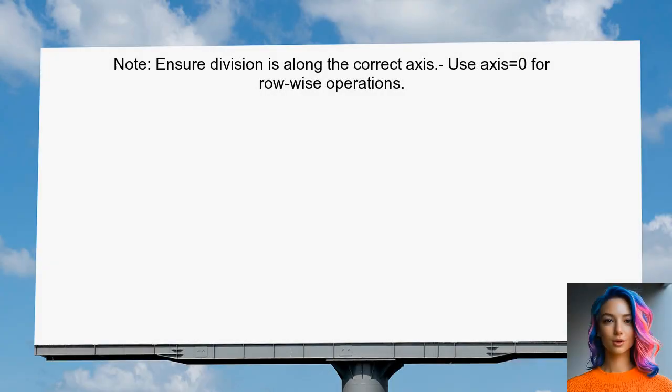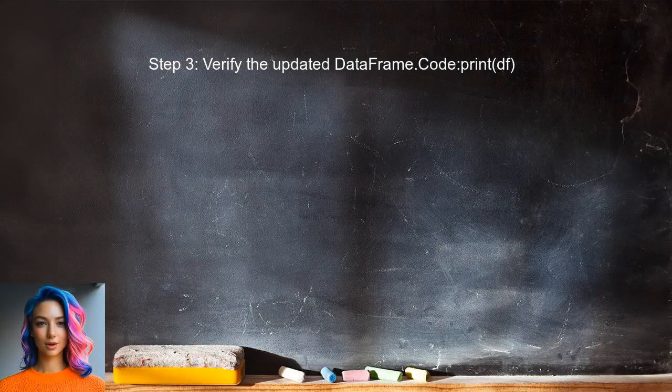It's important for the user to remember that the division should be done along the correct axis. In this case, we specify axis 0 to ensure that each element is divided by its respective row sum. Finally, the user can print the updated data frame to verify that each element has been correctly divided by the